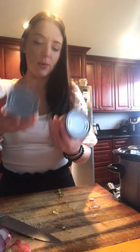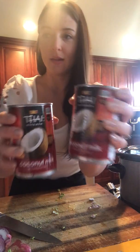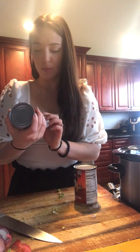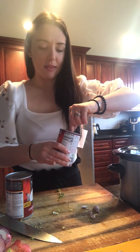Okay. Next, which maybe you're familiar with or maybe you're not, is coconut milk in a can. So we need 2 13.5-ounce cans of coconut milk. Make sure it's unsweetened. And I usually get full fat. I know they have reduced fat and light, L-I-T-E kind, but I just get full fat. And when you take it out of the can,